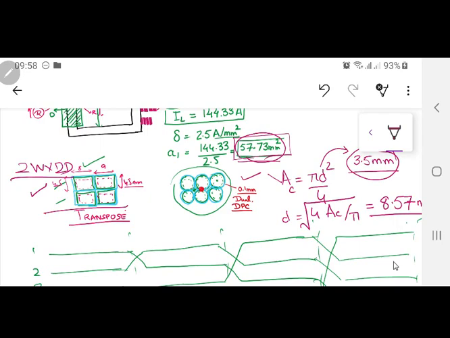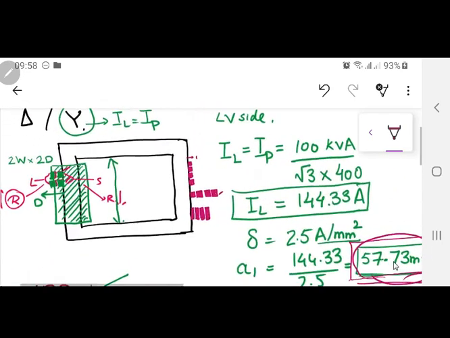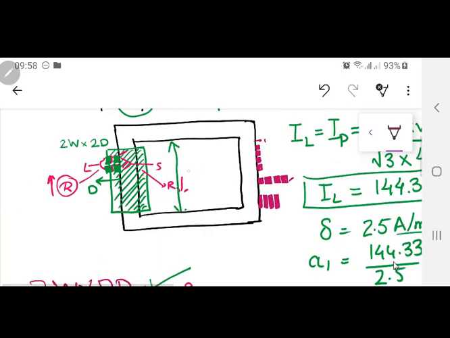Now the next thing, since I told you in the last lecture that this window height was dependent upon two things. First of all, the low voltage winding: can it be covered inside this height in one layer or two layers? That's totally dependent upon your design. Then the high voltage winding, which is going to have a larger number of turns and less current, and certainly it will be thin wire. So it can fit inside the whole length over here. So the height of the winding is going to be decided by the windings which you are going to do.